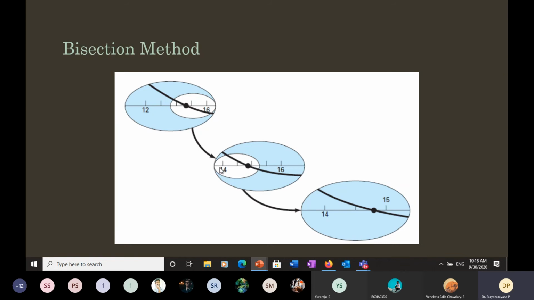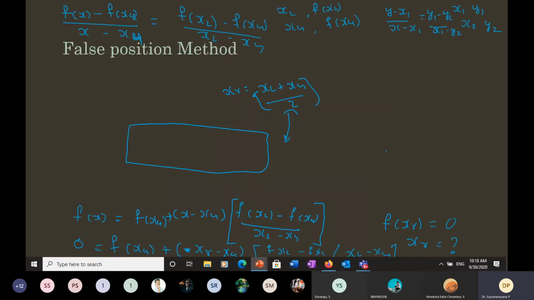In the next case, 14 to 16 is the bracket. You're concentrating on only this bracket. The center point there is going to be the midpoint, which is 15. Now you notice that at the new root, the function value is negative, and that matches the function value at the upper limit of the present bracket. So you just replace the upper limit with this one because the sign matches. Here the sign matched with the lower limit, so you remove the lower limit. That way you continue until you get the required accuracy.